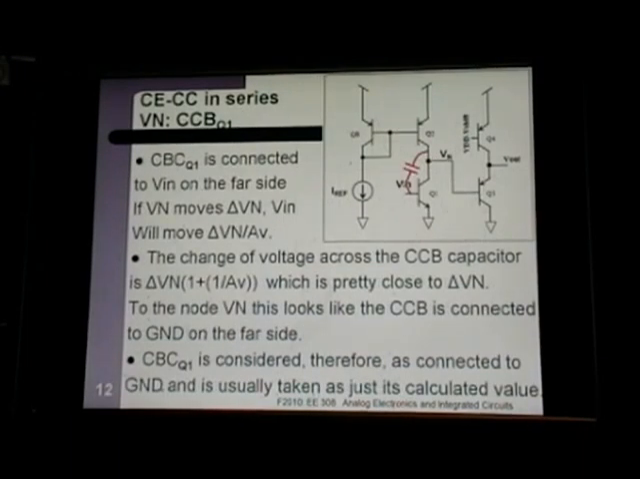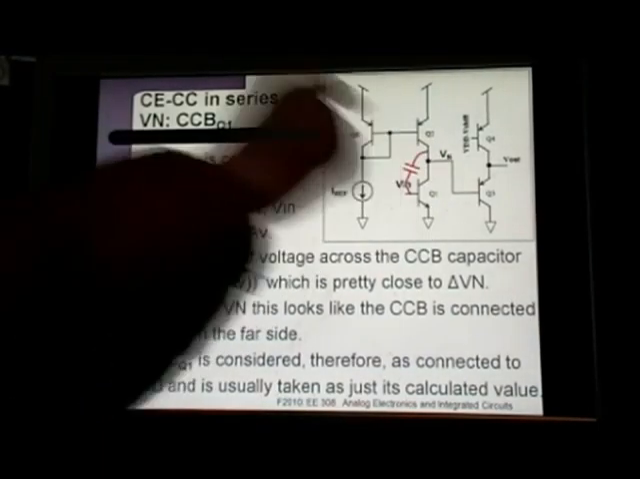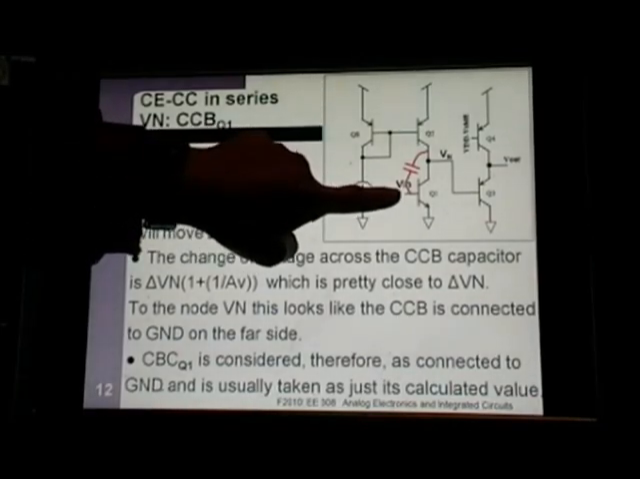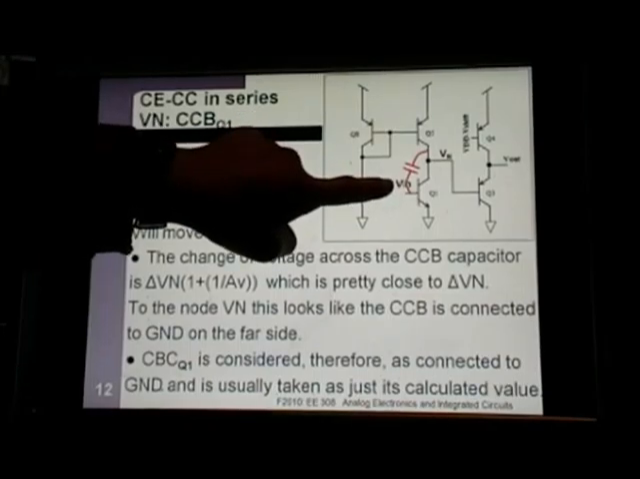The CCB of Q1. Remember when we were over here and we looked at this capacitor, we had to multiply that by 1 plus AV. But now you're on the other side of that amplifier, and you need to figure out what capacitance you're seeing there. Now remember, if you change Vin a little bit, your output changes by AV times that change in voltage. Going back the other way, if Vn changes delta V, that means that Vin changes delta V over AV. In other words, it doesn't change very much at all. And as another simplification you can use, because Vin is only moving delta V over AV,